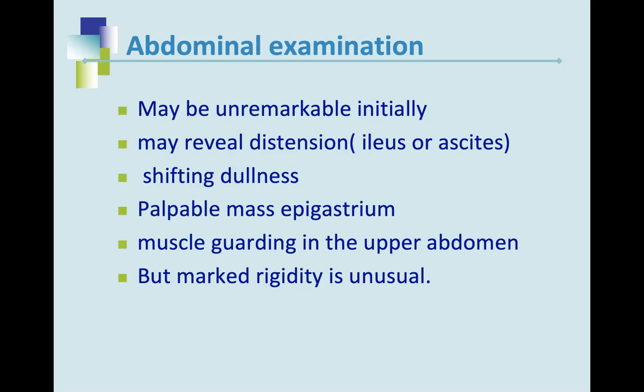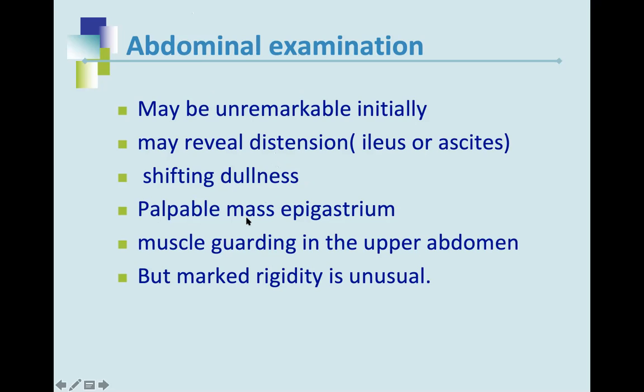Why does ascites occur? Because there is inflammation, and slowly that inflammation spreads systemically, and there is edema and oozing of fluid into the abdominal cavity, and that leads to ascites. And then there are features of ascites. When you examine, there will be shifting dullness. Now this thing we will teach you when you come to the clinical, inshallah. It's difficult to make you understand this in the oral presentation.